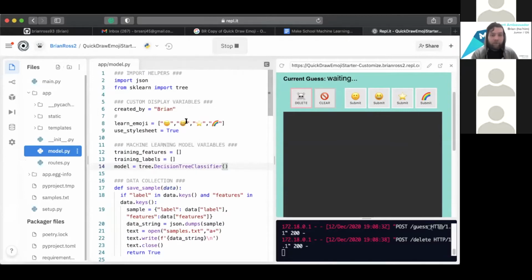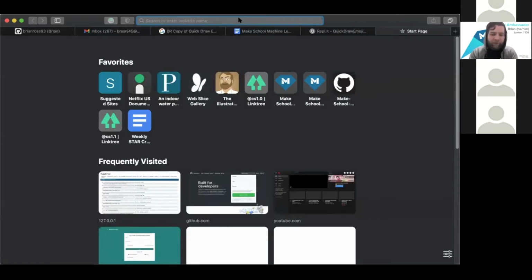Essentially, here's where all of our emojis are, right here on line 8 on learn emoji. So whenever we want to, we just follow our syntax. We put another comma, let it know we want another thing. We put 2 quotation marks, and then in here we put an emoji. How do you get an emoji? It's like Command Shift something. I'm going to look it up. You're all going to watch me look it up real quick.